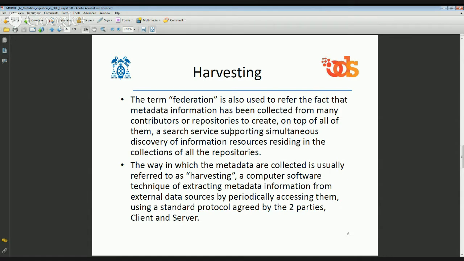But how the federation collects the metadata is a matter of the way that we harvest. So harvesting refers to how we can collect and aggregate the metadata from several repositories in, for example, ODS. The way of collecting and aggregating metadata through several repositories, we call it harvesting. That can be done through incremental harvesting or full harvesting or other methods that we have in, for example, the